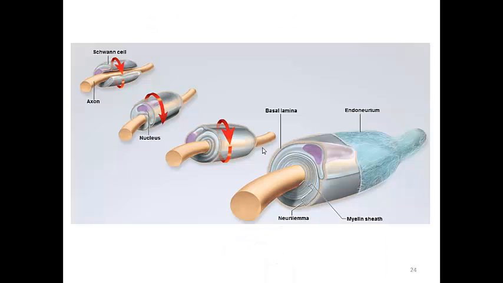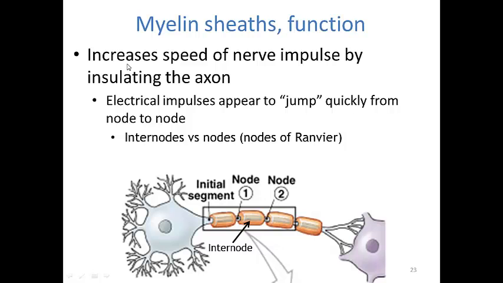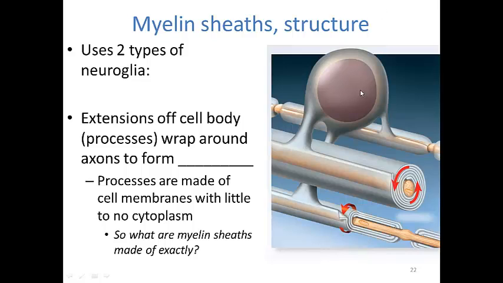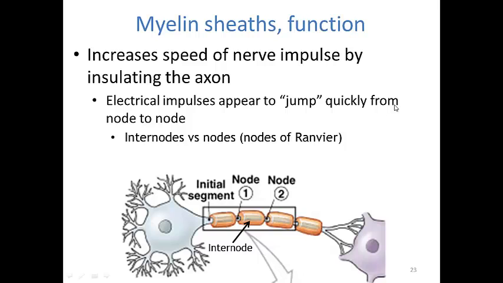This picture illustrates a myelin sheath forming with a Schwann cell instead of an oligodendrocyte. Again, the oligodendrocyte myelin sheaths we find in the central nervous system, like the brain and spinal cord, whereas the Schwann cell myelin sheaths we're going to find in the peripheral nervous system. They're very much the same. We have cell membrane wrapping around an axon. The difference here is that the entire Schwann cell wraps around the axon, as compared to the oligodendrocytes. Notice that the nucleus does not wrap around the axon. So it's a little bit different, but it works out to be the same in terms of function.